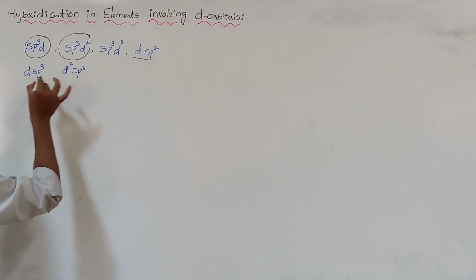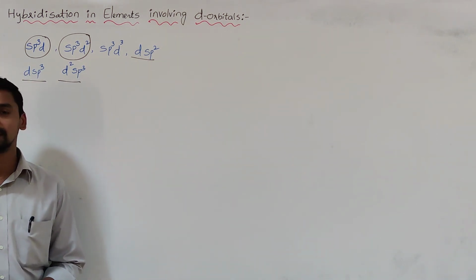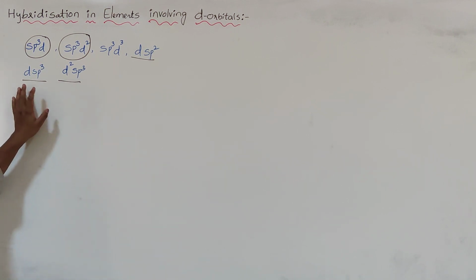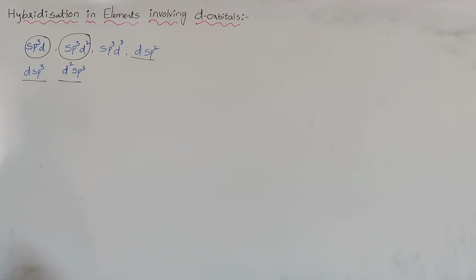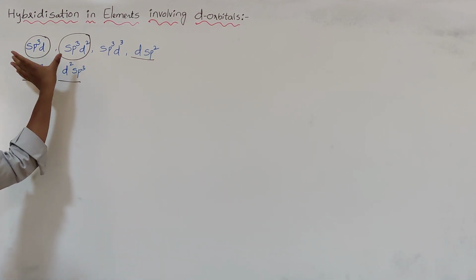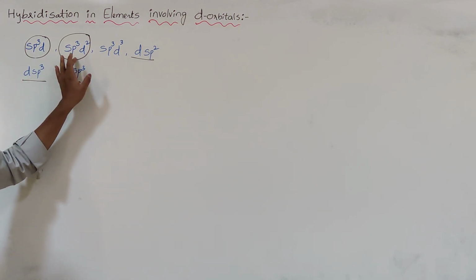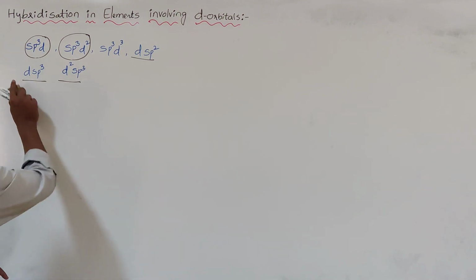The remaining ones you will come to know in the coming semesters, especially in the second year, while discussing d-block and f-block elements and coordination compounds. There, dsp2, dsp3 and d2sp3 hybridization might be clearly explained. But in today's topic, I will discuss only sp3d and sp3d2 hybridization. In these two hybridizations, in addition to the s and p orbitals, one d orbital and two d orbitals respectively are involved. So now let us first discuss sp3d hybridization.